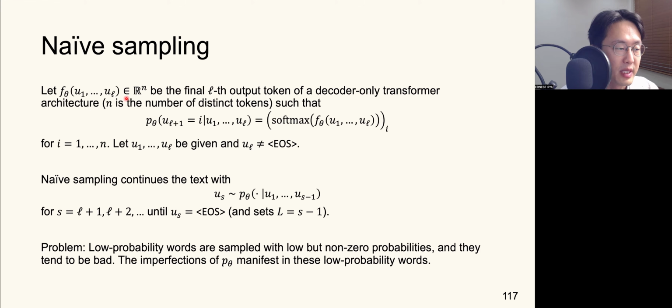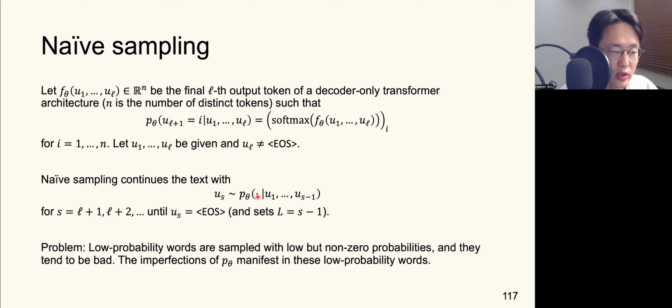Let f theta be the final output token of the decoder-only transformer architecture. This gives us the vector for the next token prediction. We take this output f theta and feed it through the softmax, and that gives us the probability distribution on the next token. The probability that the next token is equal to a certain value i is the ith component of the softmax output. When you have such a trained language model, naive sampling continues the generation. Given the set of tokens u_1 up to u_{s-1}, the next token, the s-th token, is generated in accordance